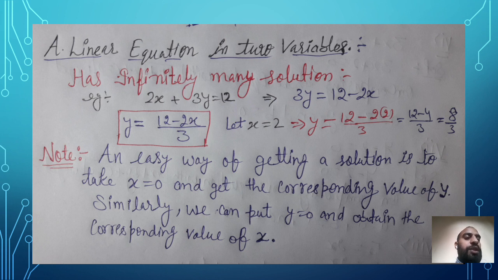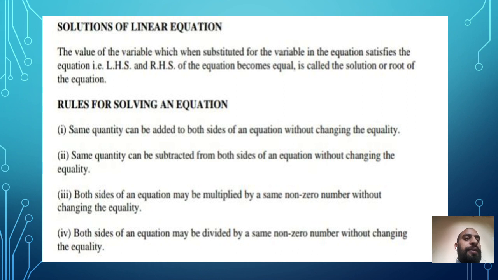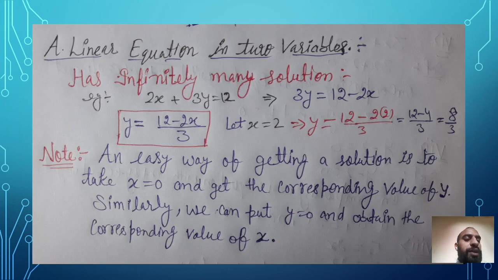In this way you can substitute here one by one all values in this last equation, which is in a box, that is y equals (12 minus 2x) upon 3. Here you can substitute any value of x, and automatically you will get a value of y. Then you can make a table like this. You can see here I have selected 2, now answer is 8 upon 3. If I select 0, then 4. If x is 6, then y becomes 0. You can calculate similarly all. I hope, my dear student, you are able to understand how to find out the solution of linear equations in two variables.